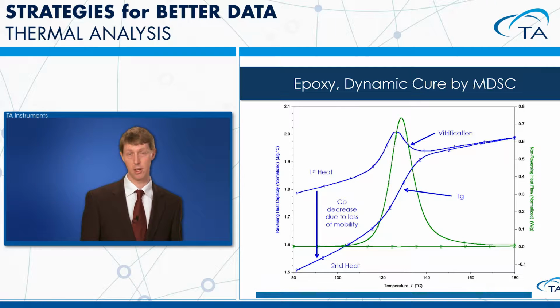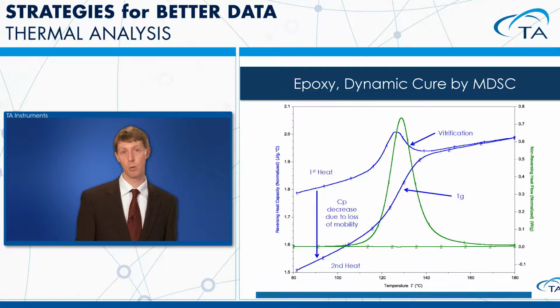So molecular mobility goes down. Heat capacity goes down. Now, obviously, if you were to take this material back up above that 140, 150 degree temperature range, your mobility will go up again because your Tg has shifted to higher temperatures. So now once you get above that temperature, you're going to start to increase your mobility, and you're going to get a more rubbery,